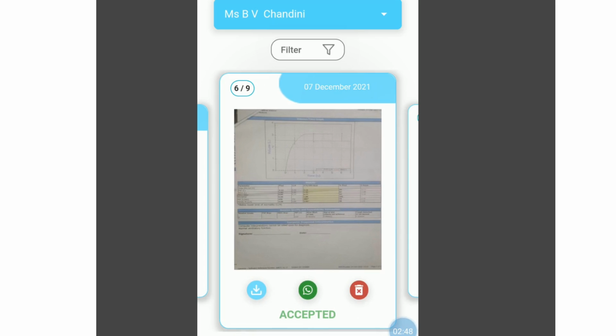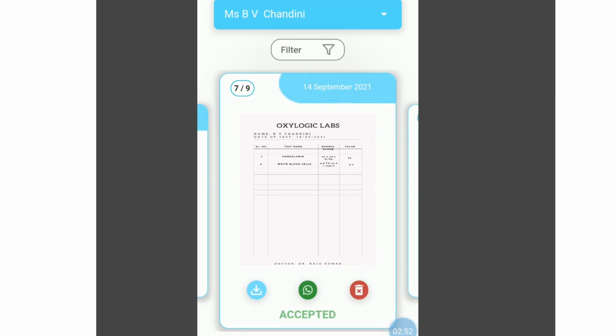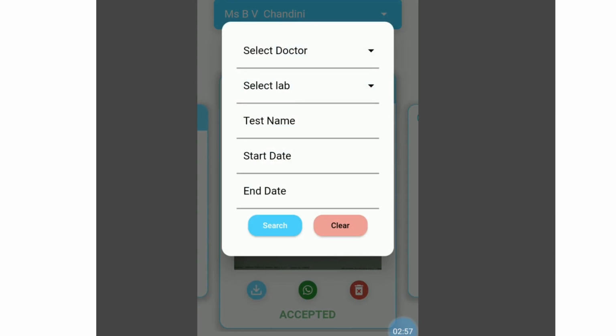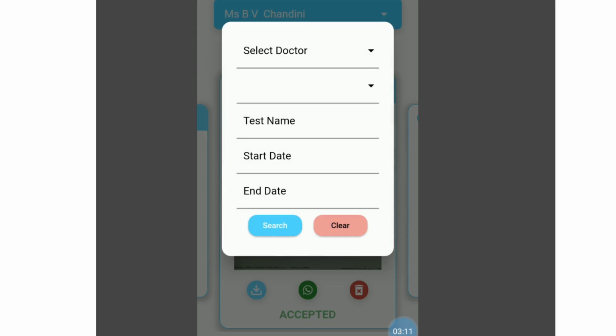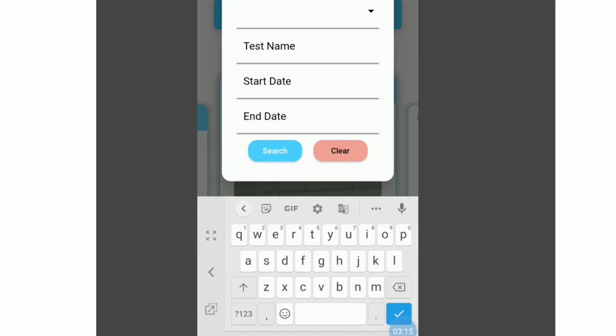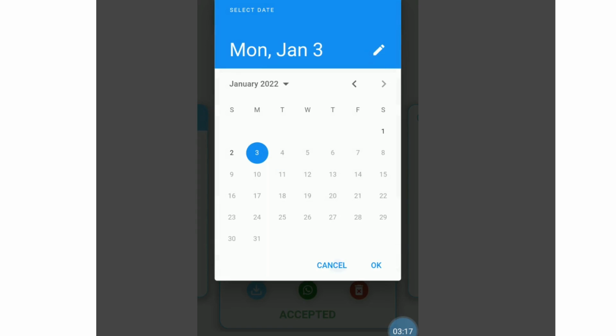Now, as you can see, there are so many medical reports here. But what if you're looking for one particular medical test report? For that, you can click on this filter option. Once you do that, you will get this list. Here, you can filter based on the doctor you consulted, the lab from where you got your test done, and you can also filter based on the test name, and also you can apply a date range.